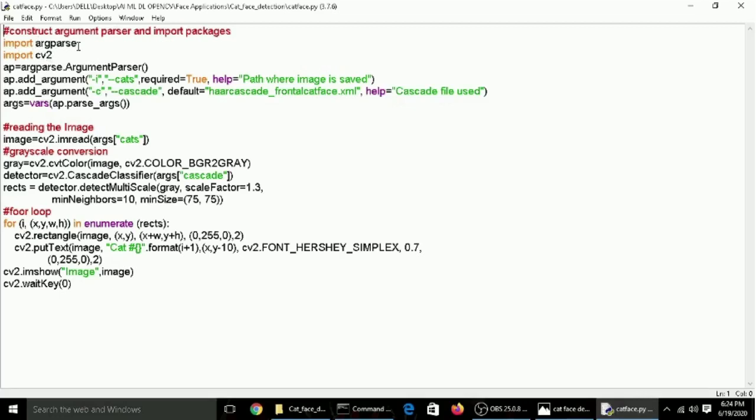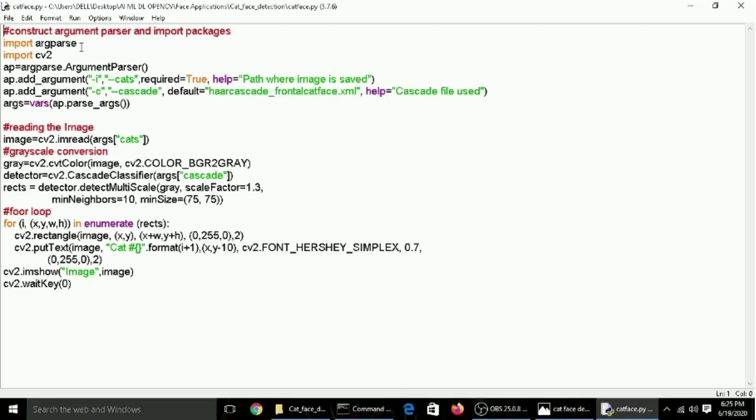We need argparse because we are going to pass arguments, in the sense that we are going to execute this program using the command prompt. So for that we need the argparse module. If you have it installed, it's fine. If you don't, just go to the command prompt and type pip install argparse and your module will get installed.